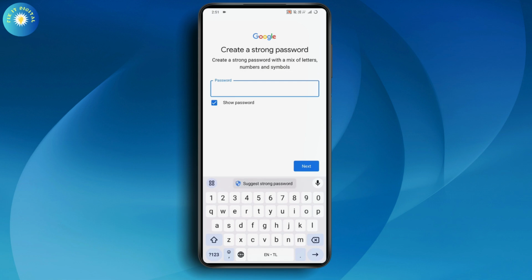So make sure to create a strong password which contains at least a capital letter, small letter, numbers, symbols, etc. And after creating your password, it will ask you to add your phone number to your account. You can either skip that part or you can add your phone number. You can go with the country code, enter your phone number, go with next, and after that your account will